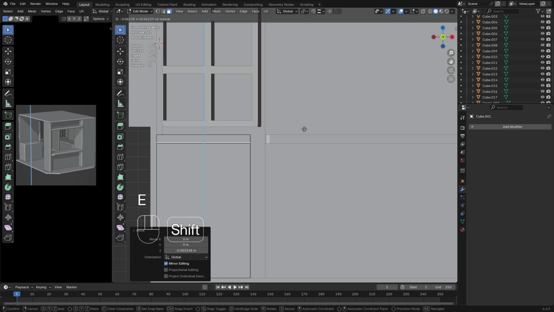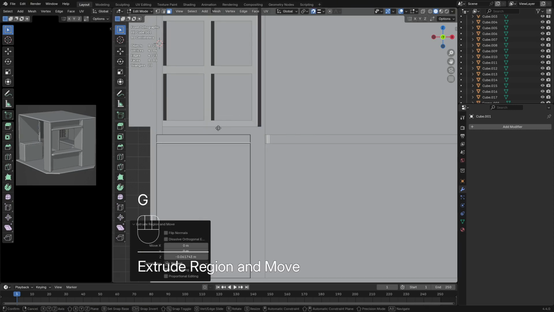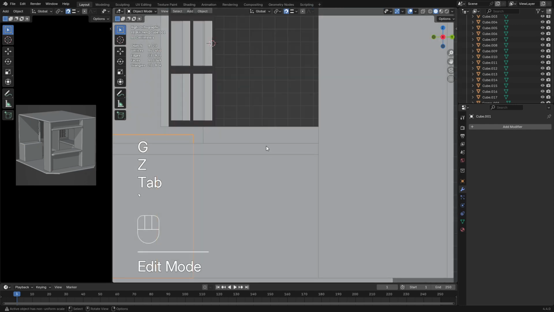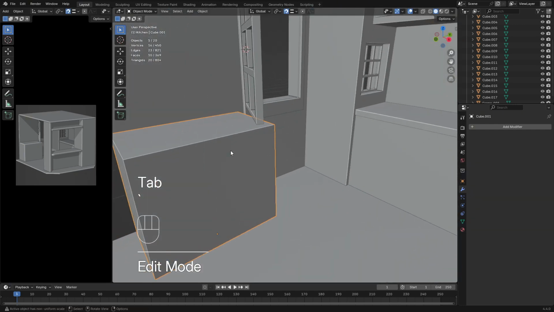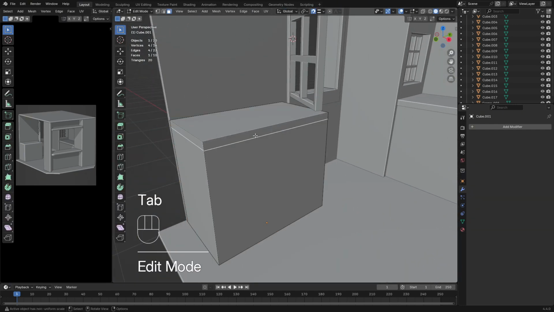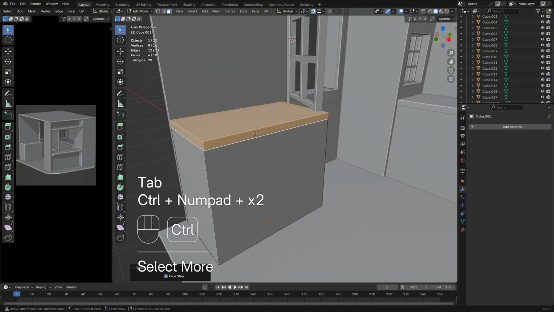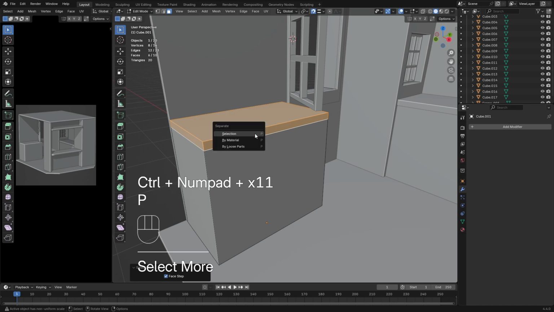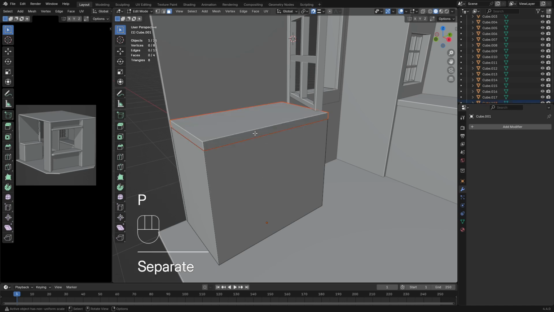Extrude it down. If you press Control plus and you select the object, P on selection,